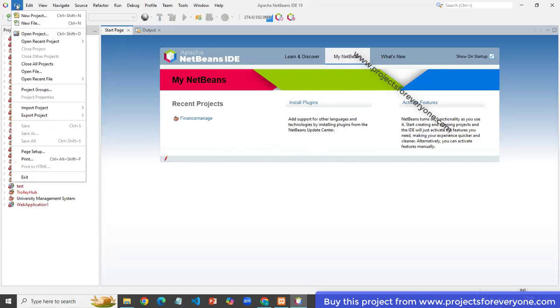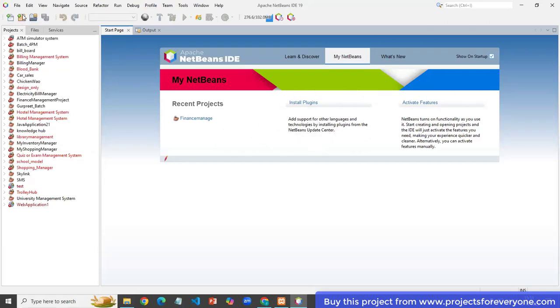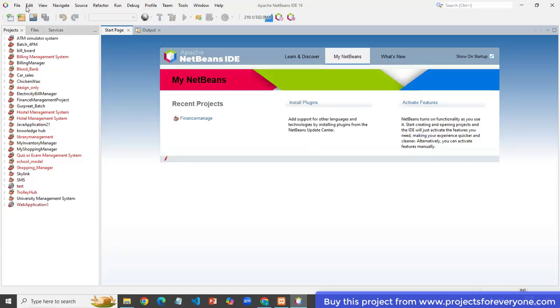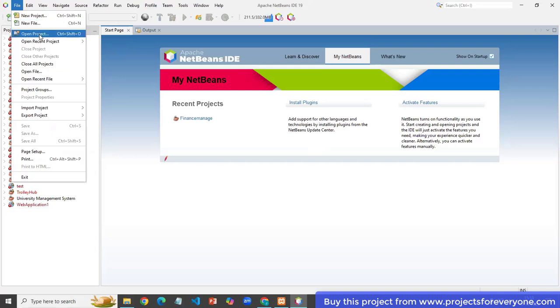Now open File, New Project. Now open your project. Select the Open Project option.